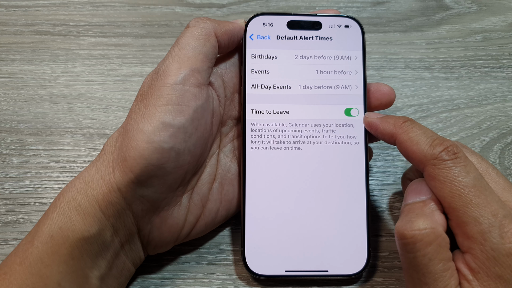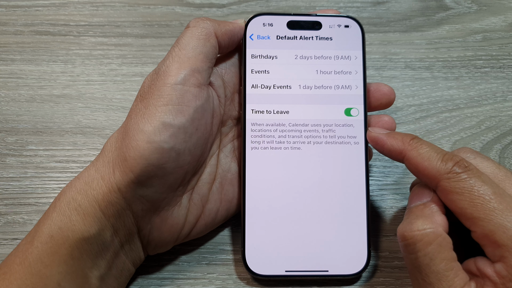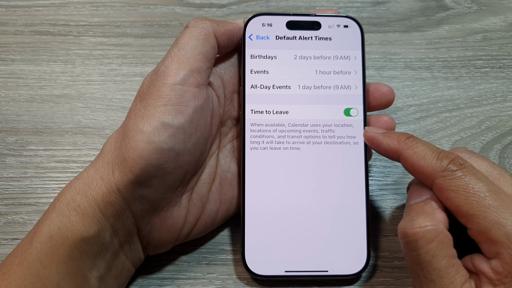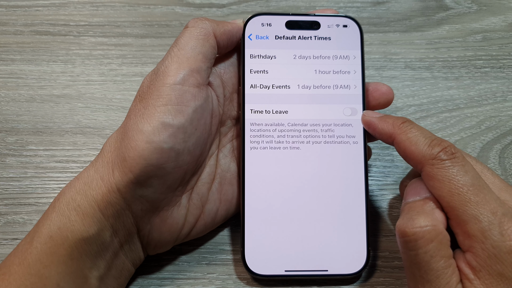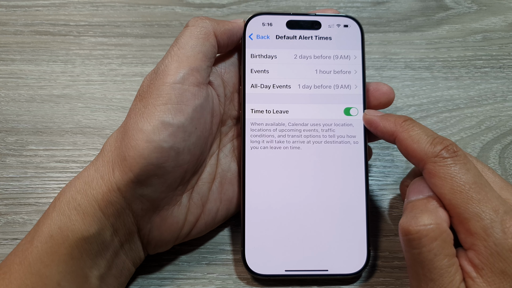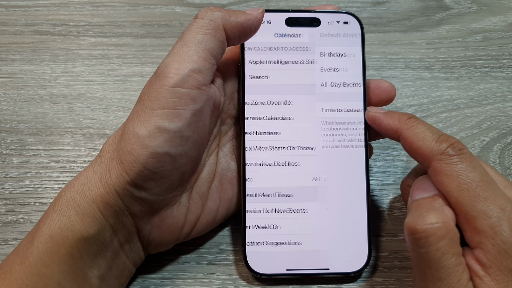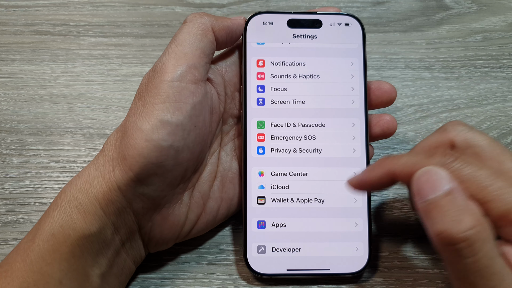Now to use time to leave, you need to make sure you enable precise location. If you turn off precise location, then time to leave will be disabled. Now if you do not have precise location turned on, you can do so from the main settings page, and